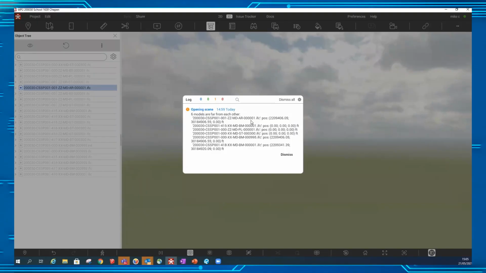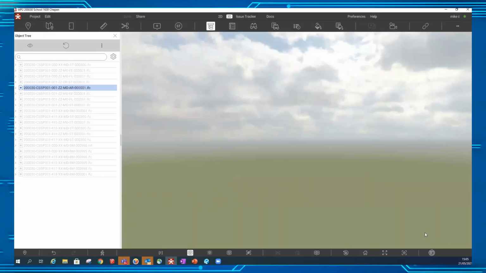So this is probably where the models have come from. The IFCs have come from different models. So the architectural, the plumbing, the structural may all be in different locations, and therefore it's difficult to navigate around. So that's sort of an error message,